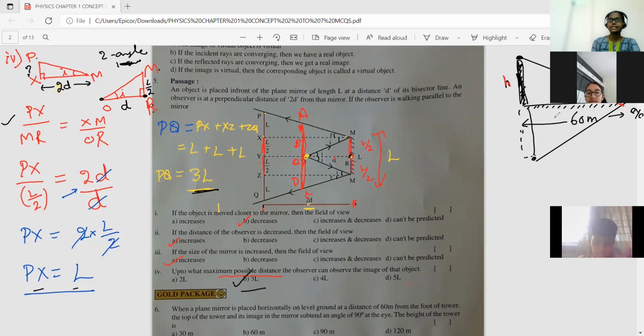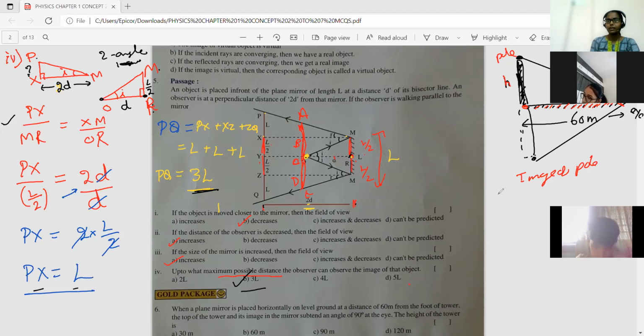When a plane mirror is placed horizontally, okay, this is the ground. On the ground, horizontally, we place the mirror. Here to here we consider the mirror, right children? And now you place the mirror at the foot of the pole. The pole's image is formed. This is the image of the pole, and this is actually the pole. The pole and the image of the pole make an angle of 90 degrees when you see from the other end of the mirror. So you need to calculate the height of the pole.